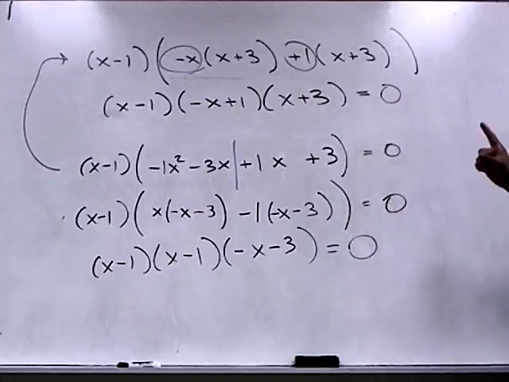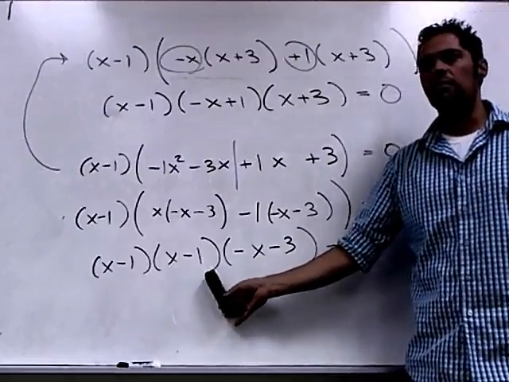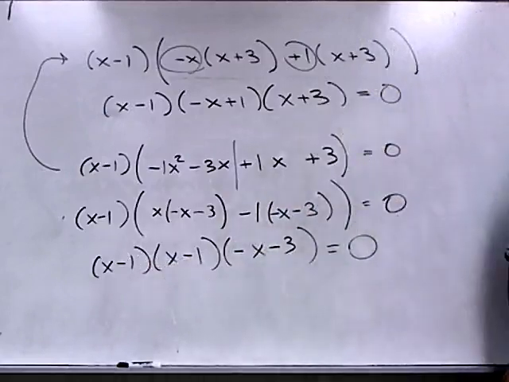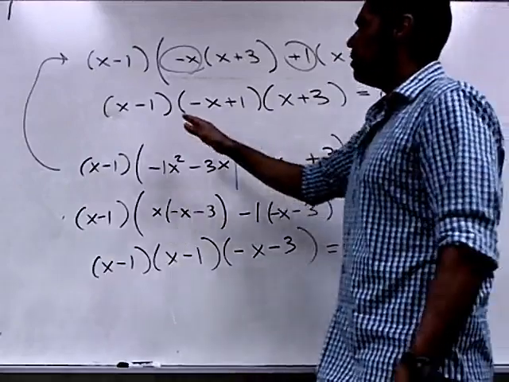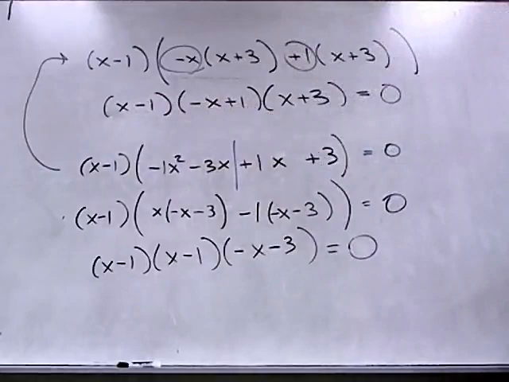And this is what I wanted to point out. This is the whole reason for me going back and looking at this. Is it obvious from this that I have a double root, x minus 1, x minus 1? Is that obvious there? Is it obvious here? Not as much, right? Because you might look at this and say, well, x minus 1 is different than -x plus 1. However,